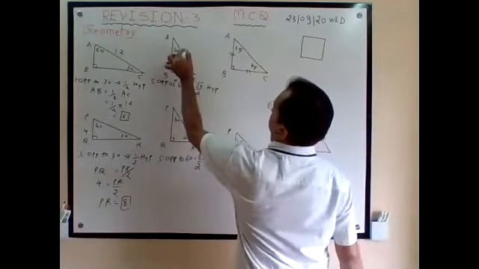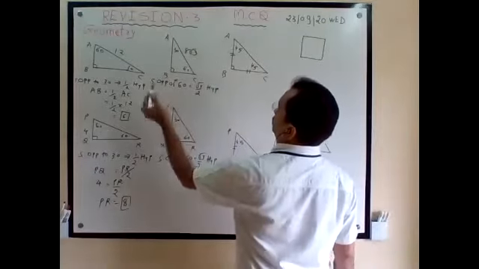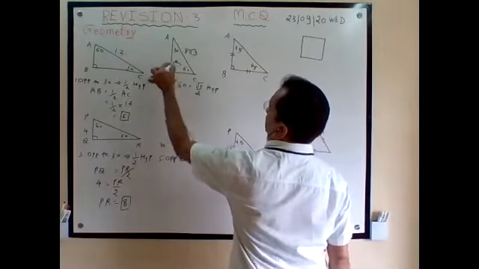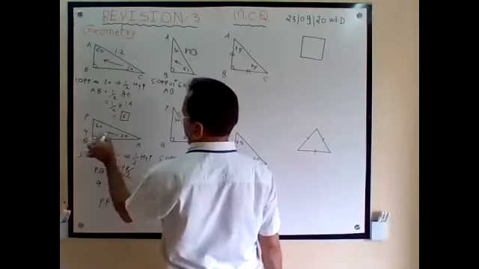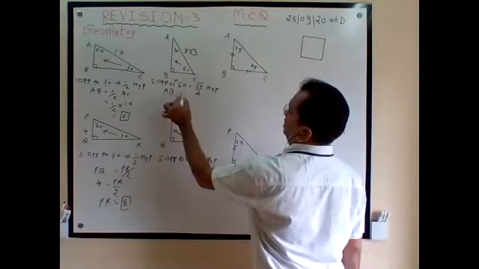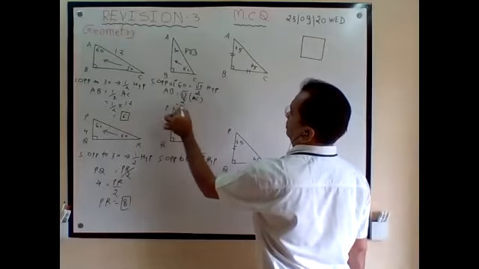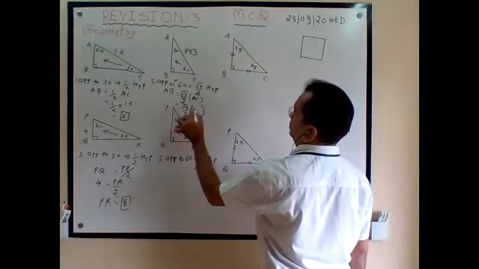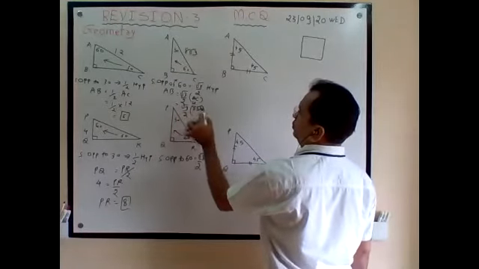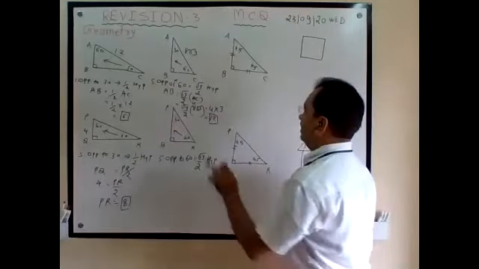Now hypotenuse is given. Suppose it is 8 root 3. So AB is opposite to 60, correct? Here opposite to 30, here opposite to 30, here opposite to 60. So opposite to 60 means AB is equal to root 3 by 2 of hypotenuse, that is AC. So root 3 by 2, 8 root 3. This will half, so 4. Root 3 times root 3 is 3. So it is 12. Final answer is 12.